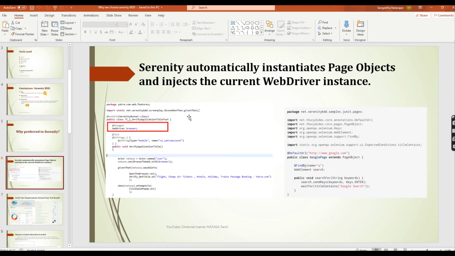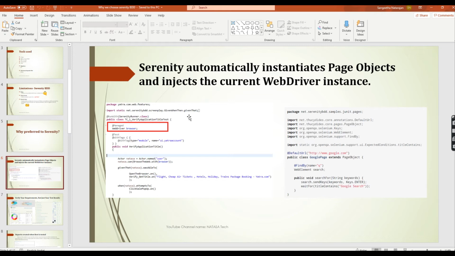Whatever methods are implemented inside PageObject, you can include in your project. This is one major benefit. And for the WebDriver instance, once we call the WebDriver instance here, there is one annotation available in Serenity, which is the managed annotation.